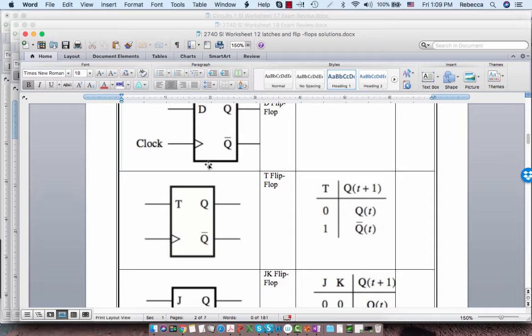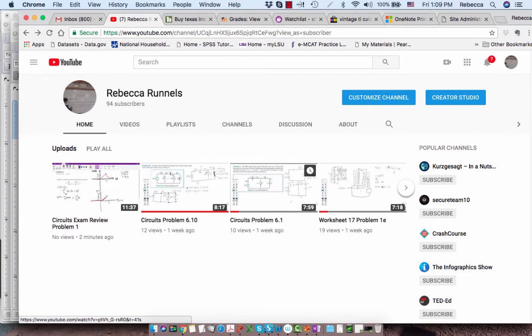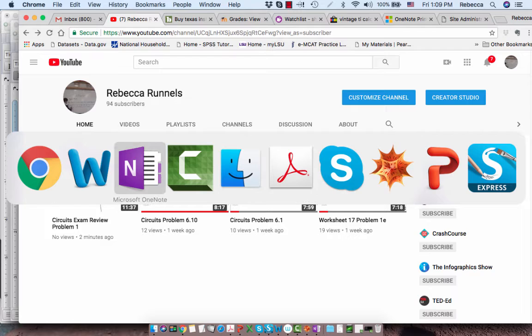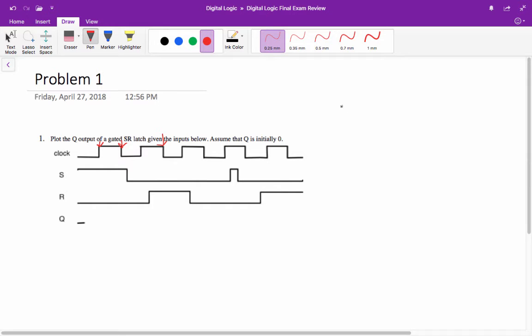So let's say Q was 0 and now T is 1. Well, the next Q will be 1, because the one before was 0, so it'll become 1. Let me see if I can show this a little better, because I know I'm not making sense. Okay, so let's say we have